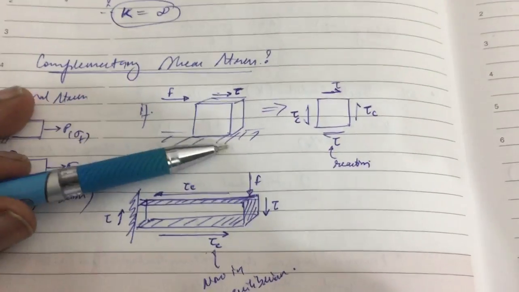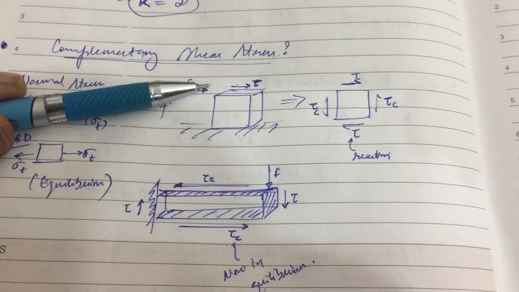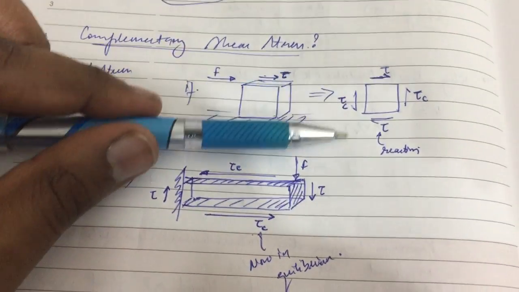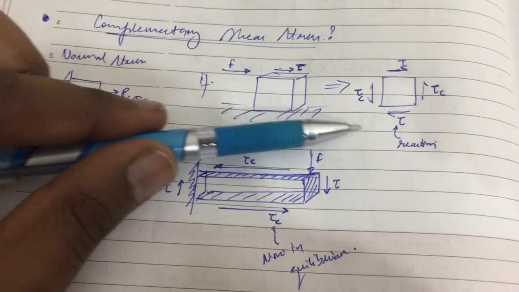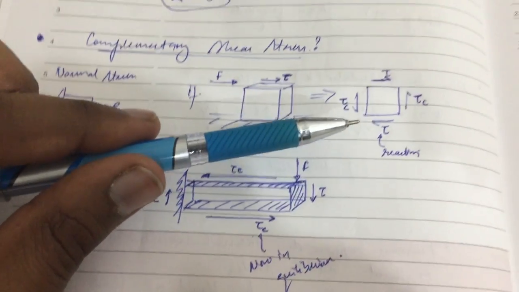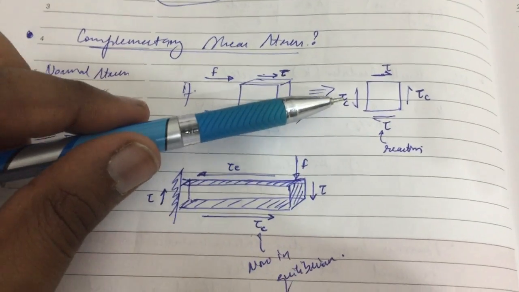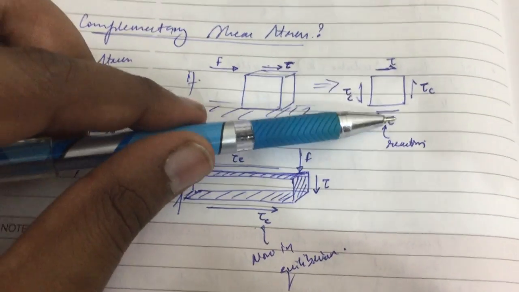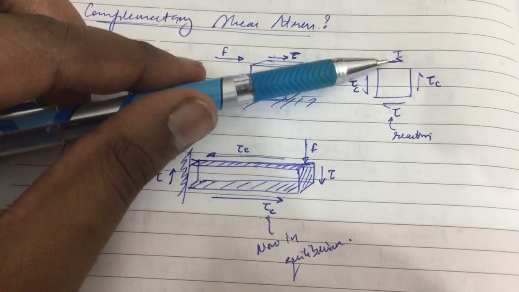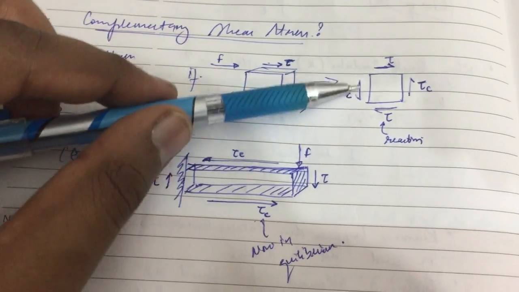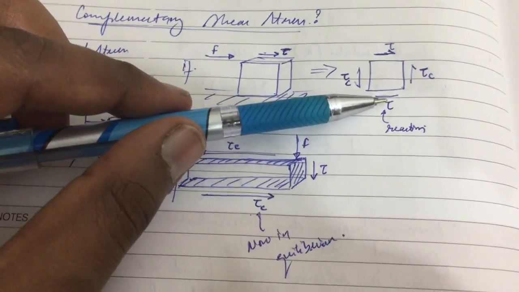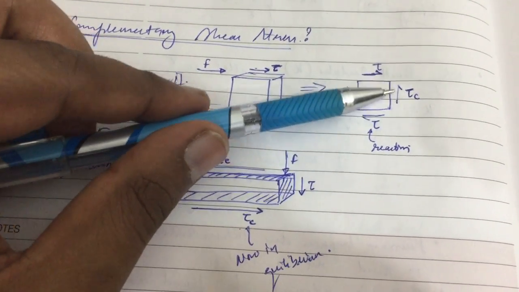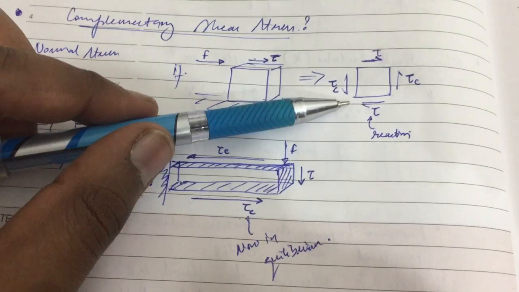in equilibrium. But for shear stress, which is basically parallel to the surface, when we have such a force, there's a shear stress happening here, and in reaction at the bottom also a shear stress is happening here. But the complementary stress also plays a role here, automatically comes and acts along this reaction. If we have only these two forces, the body will rotate and it's not in equilibrium, but in reality that doesn't happen. So to keep this body in equilibrium, the body automatically creates this complementary shear stress like this, which basically keeps